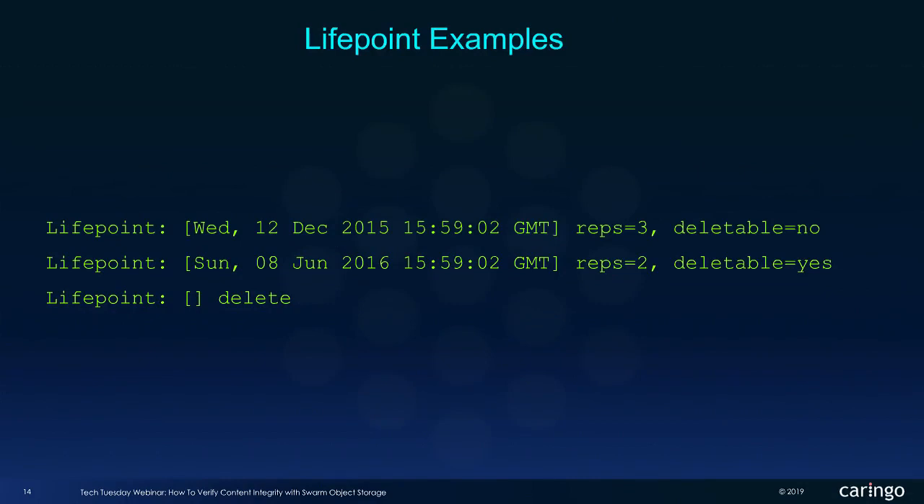So a Lifepoint example that would implement that WORM behavior would look something like this. In this first Lifepoint, what we're saying is that up to this date and time, Wednesday, December 12, 2015, etc., we want this object stored with 3 copies, reps=3, in the cluster, and we don't want it to be deletable. So basically, any verb that comes in with the API that says, I want you to delete this object, it's not going to allow that to happen. It's not going to delete the object. So once you've written it and you've confirmed that the contents that you want in there are in there, you can furthermore set a Lifepoint saying deletable=no, and that'll freeze it in place,